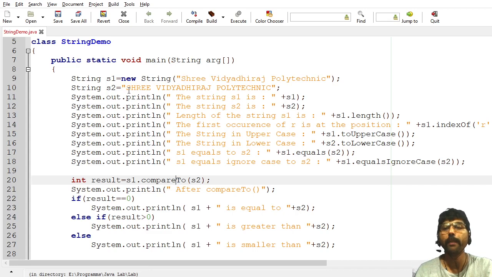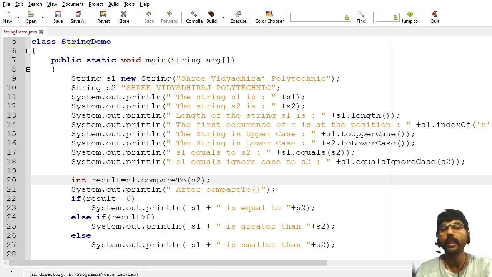Now S is compared with S, H is compared with H, R is compared with R. Each and every character is compared here. If all the characters are the same, meaning both are uppercase or both are lowercase, since it is case sensitive, then it will return 0. S1.compareTo(S2) returns 0 if both strings are the same. It is case sensitive here.